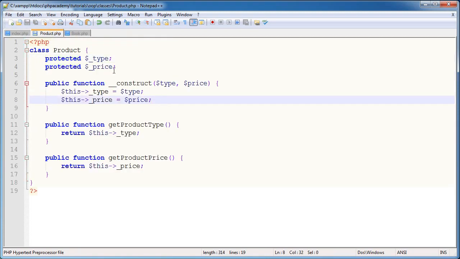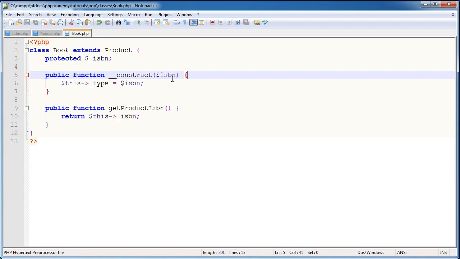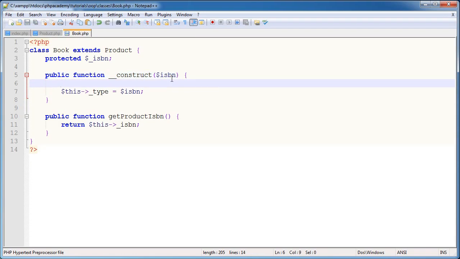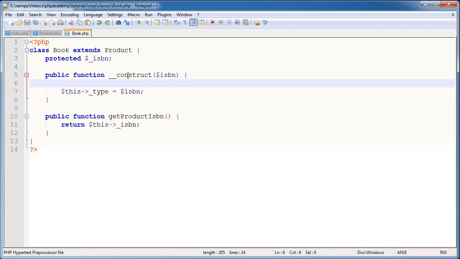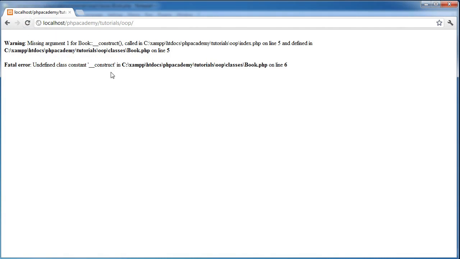So what we want to do now is, when we construct this book, we want to actually run our constructor from our parent class. So what we can do is use the scope resolution operator. I'm going to do it this way first. I'm going to say product, and it's 2 colons. Now we can have either space here, but I'm just going to keep it all in one. So we're going to say product and then construct. Okay. So now when we refresh,